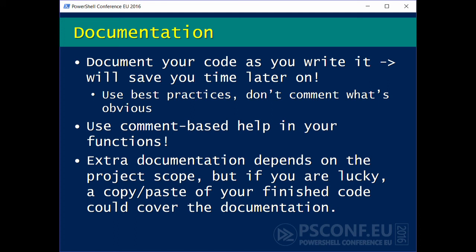They have a different audience with a different perspective and a different subject matter. So while it's great to have something rather than nothing, and I totally understand being busy and not wanting to do it, I think that if you were going to grab anything for comment-based help, it would have been your pseudocode, which was at least a documentation of the user experience, and you could have easily made those into help examples.